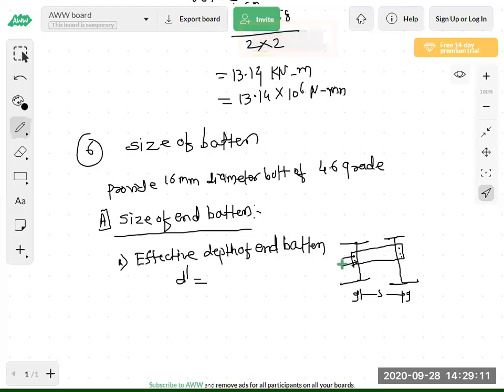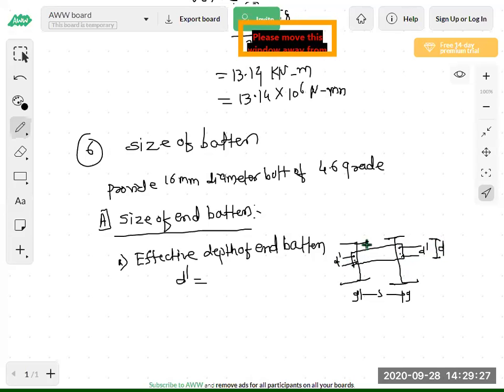D dash is the center to center distance between end bolts, and small d is the overall depth